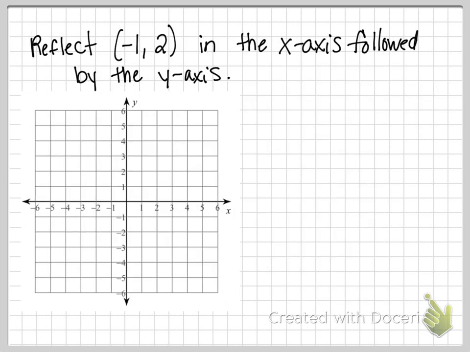Point going to be on this graph. Where's -1, 2? Good. -1, 2 starts here. Okay, now, do you want to do it all at once or do you want to do 2 steps? 2 steps. Okay, let's reflect it in the x-axis. So where would our next point be? Perfect. Down here. Okay, I'm going to erase those 2 because now we're going to use our new point and